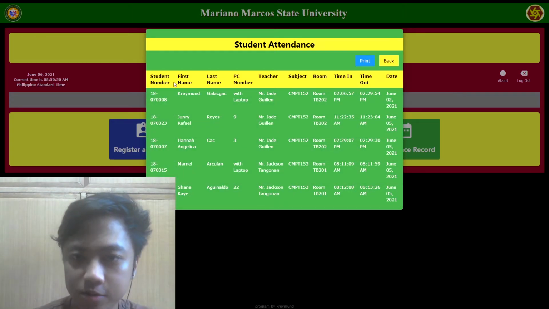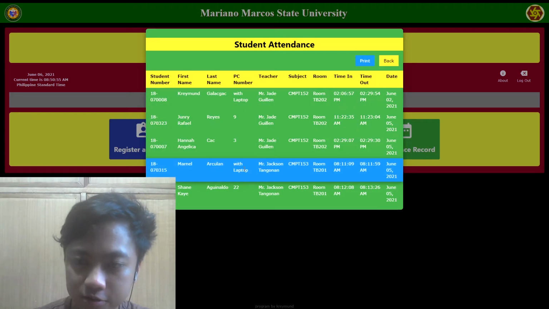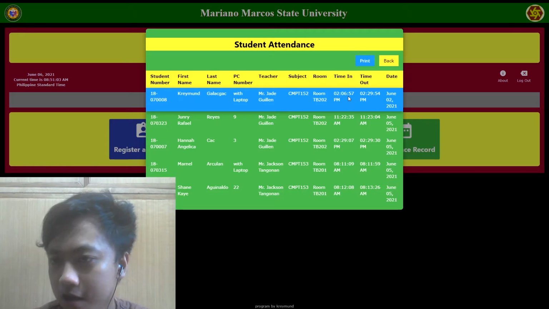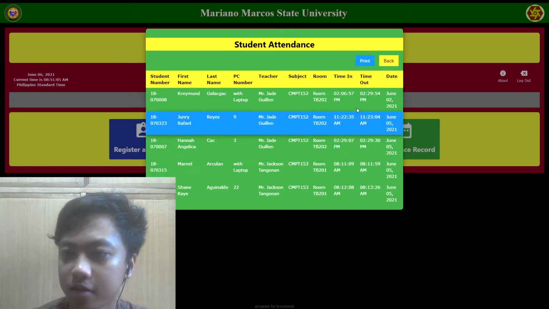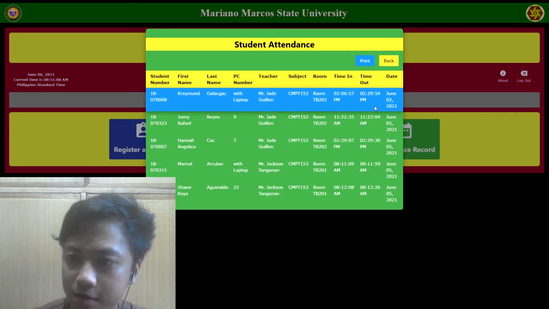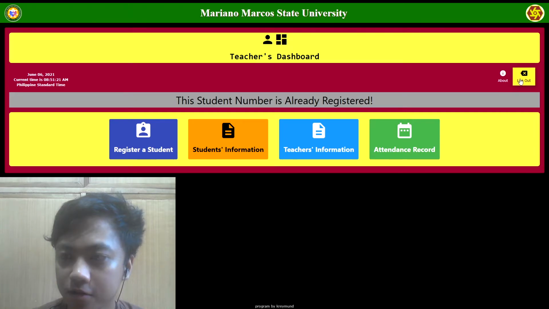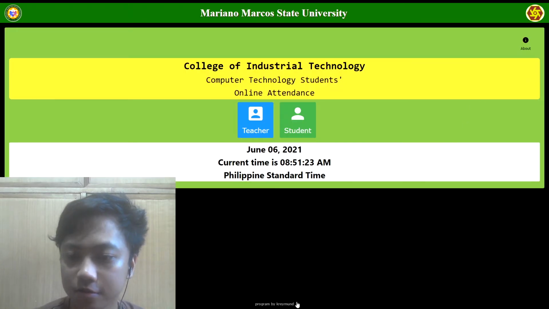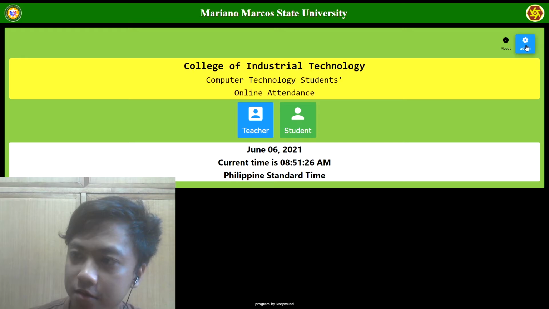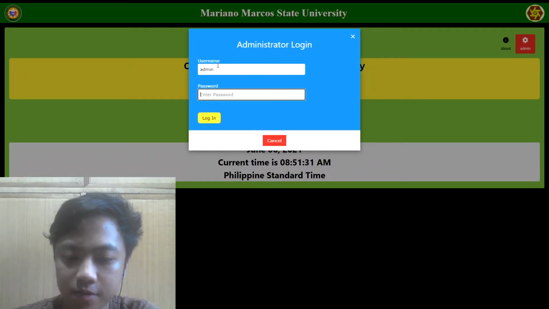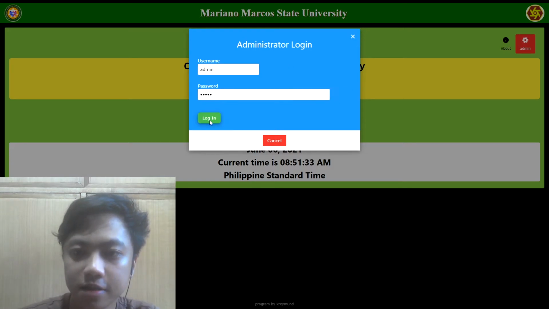We can see the record of students, their PC number, or if they used a laptop, their current teacher at that day, the subject, their room number, the time they attended in, their time out, and then their date. So now let's go on to the administrator account. Let's click on this admin button right here. We can type in the admin credentials,